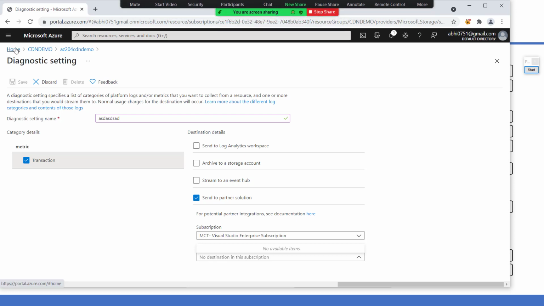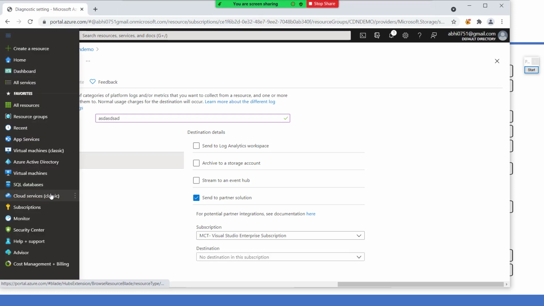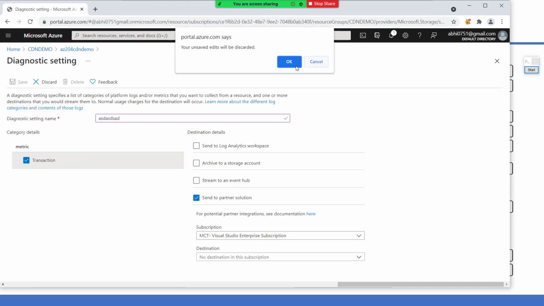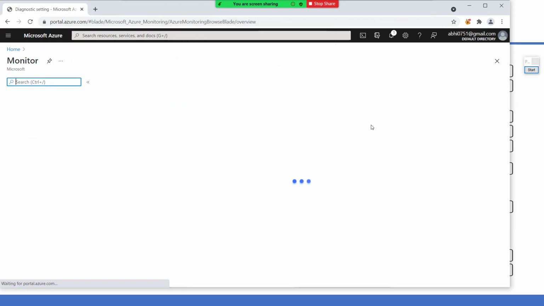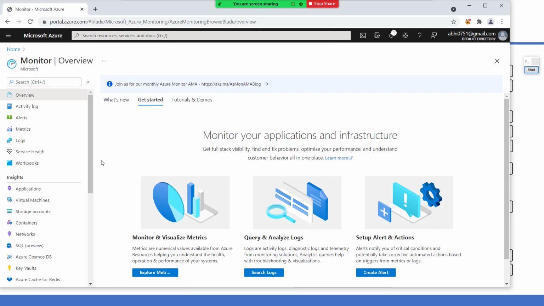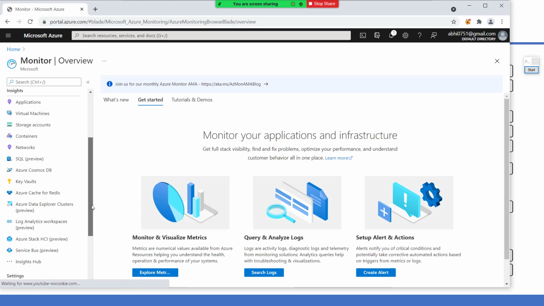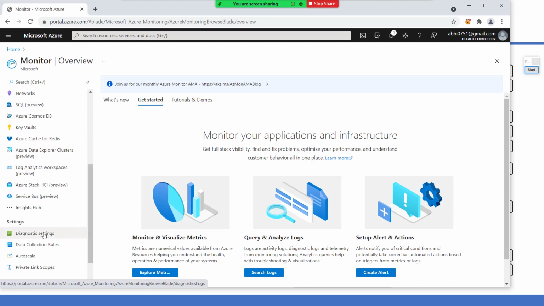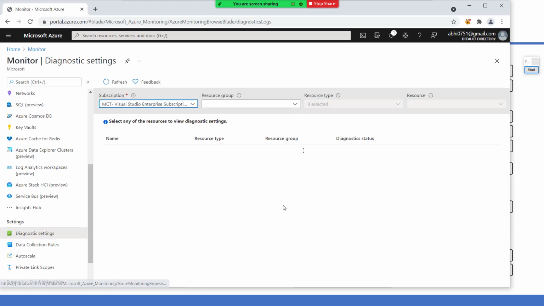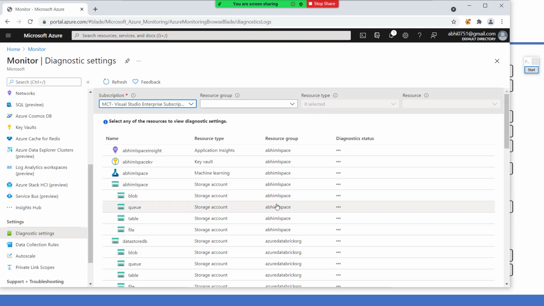if we go back again to our Azure Monitor, and if we go to the diagnostic setting from here, where that option moves, yeah. So here you can see the various resources and what is their diagnostic status. It will give you a uniform interface.